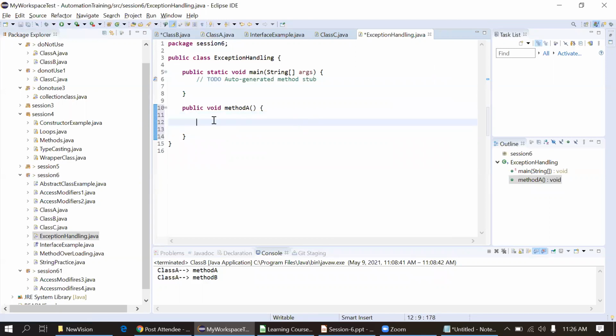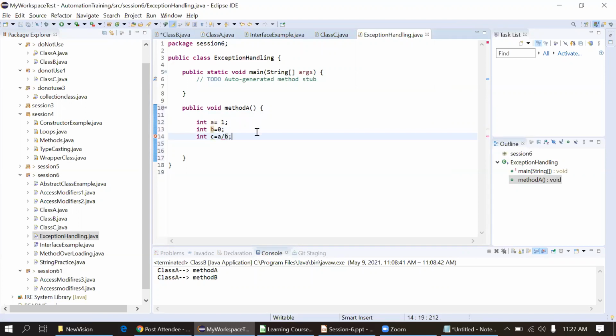Now here I will write code to create an exception. Integer a is equal to 1. I'm writing simple code. Integer b is equal to 0. Integer c is equal to a divided by b.